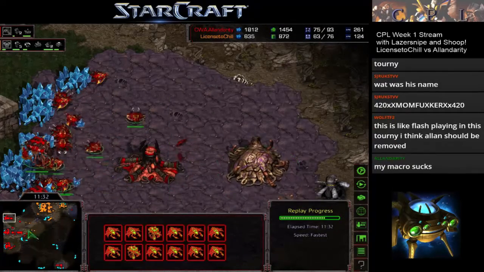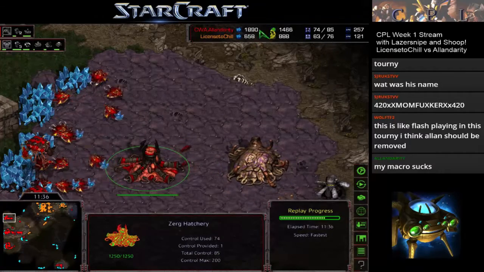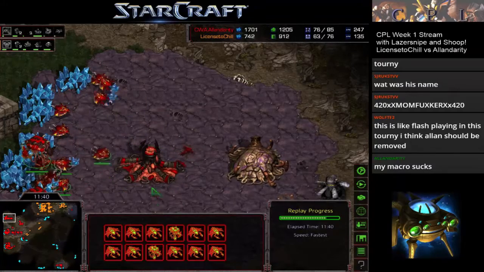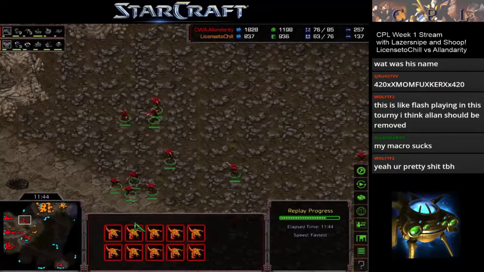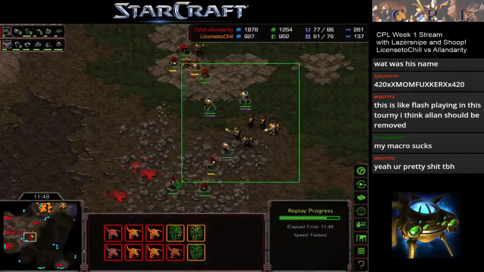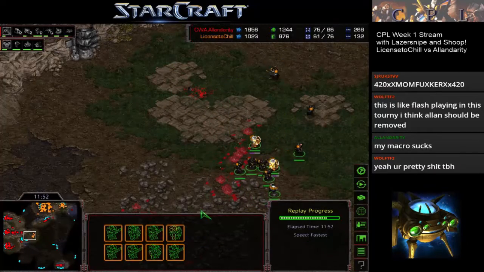Yeah. Allandarity's money is getting a little bit high. I know it's 2,000 minerals, 1,500 gas. In that case, you can always throw down another hatchery. I don't know if they're saving up for anything. Probably not, because we see a defiler mound coming up now. So just watch that, and if you notice your money getting a bit high, try and spend it, throw down